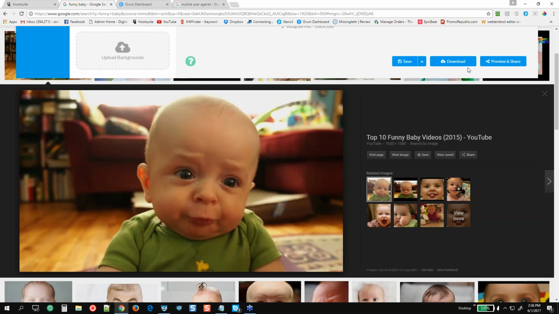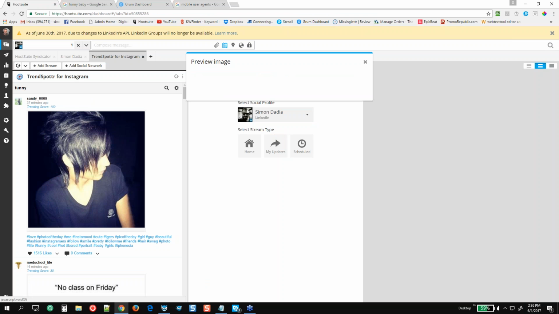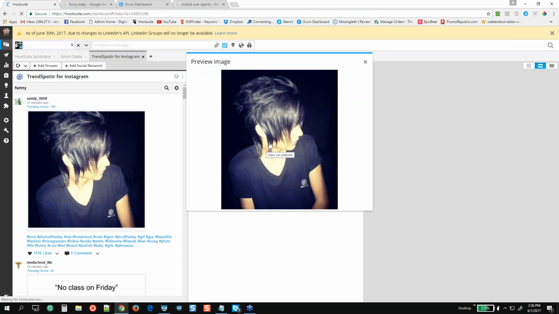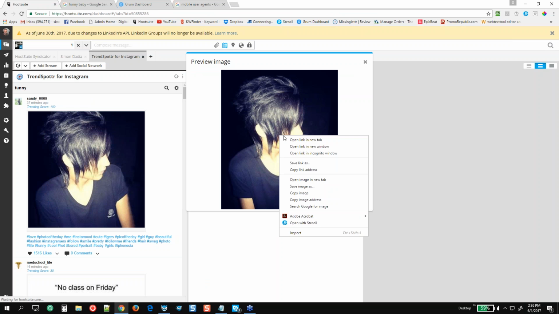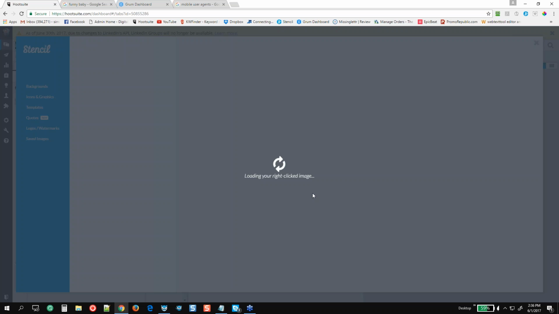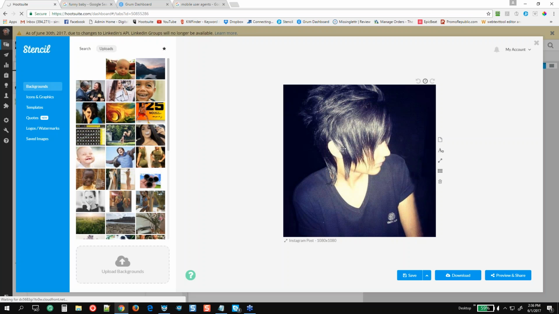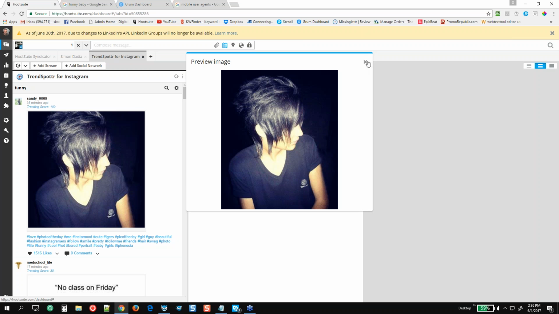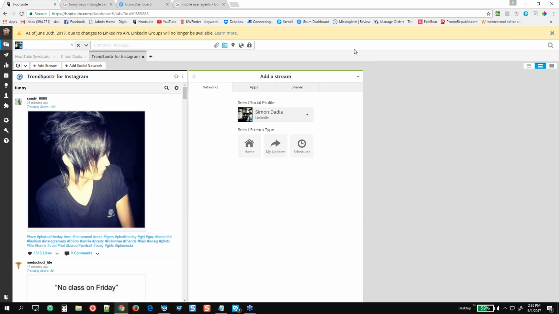And then you can do the same thing in TrendSpotter. You can click on that. It'll open up the image. I believe there's a way to download videos directly from TrendSpotter, but I don't bother doing that. Every single time, I just use Stencil. It'll open up that image for me, and then I'll go ahead and customize the text, whatever it is that I want, and share that via Grum or share that via Browsio with the changed user agent.